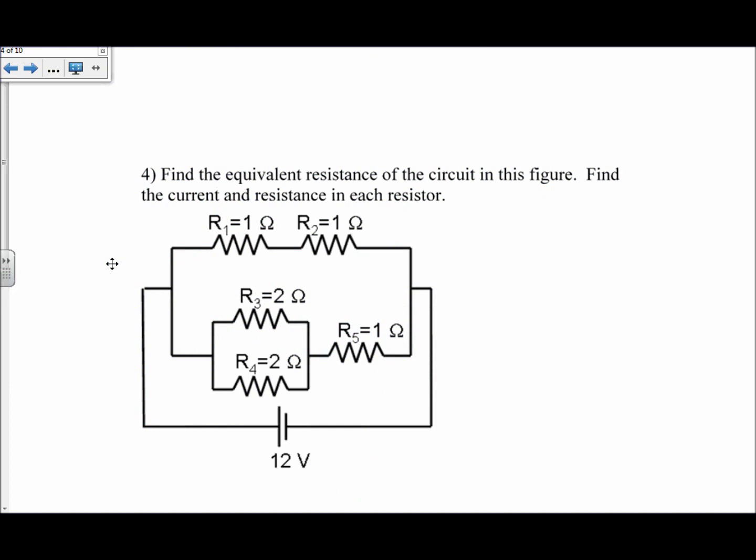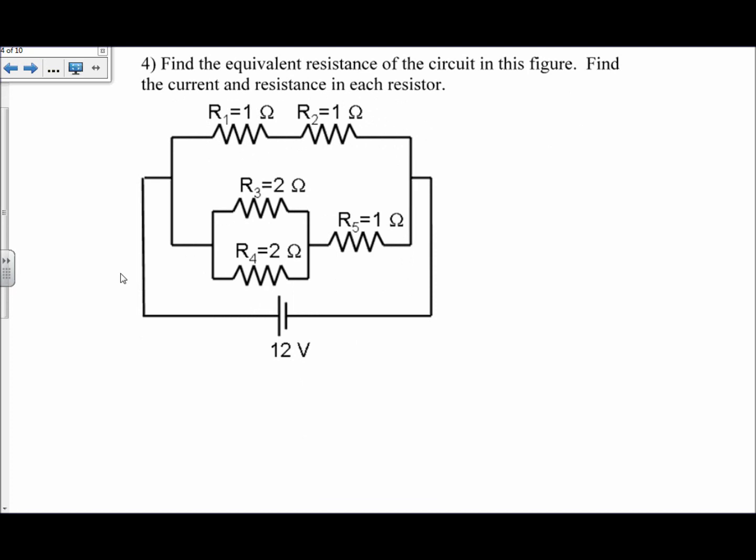All right, find the equivalent resistance of this, and then find the current through each resistor. So what you want to do here is take the smallest parallel or series component and find the equivalent. So here I have these two, which are obviously in series. The equivalent of those is 1 plus 1 equals 2 ohms. Then I also have